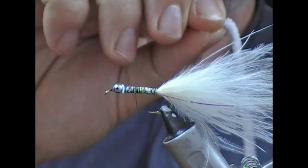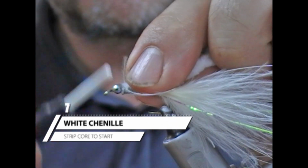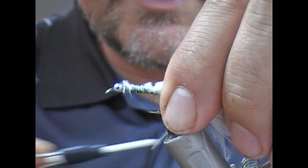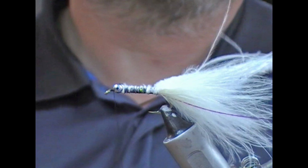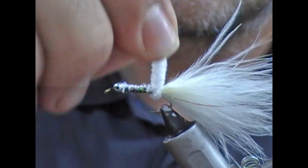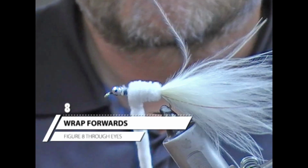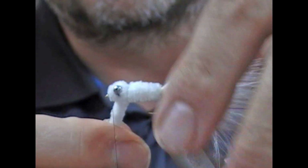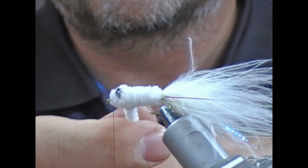So what we're going to do then is to tie the body with this, which is like a white suede chenille. It's quite a thick one, it's probably 5 or 6 mil thick, I would think. So I'm tying that on at the front, and then I'm going to tie along its length to take it to the back, and what that will do is to give me a nice even underbody to tie on. And then I'm going to wrap this forward, and then when we get to the head here, what we want to do is do like a figure of 8 type wrap around that,